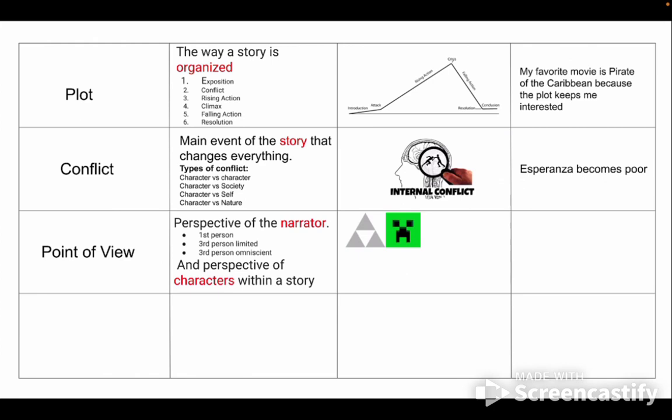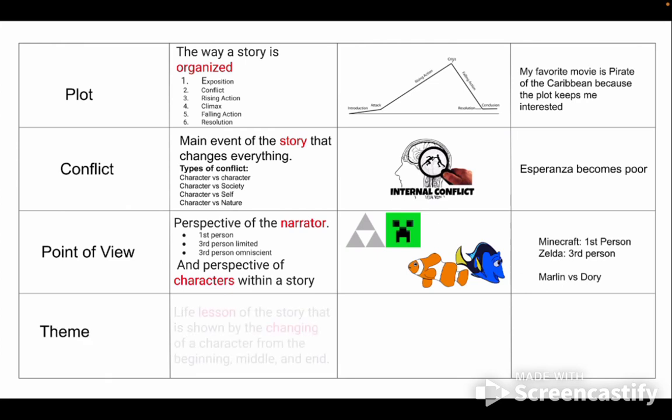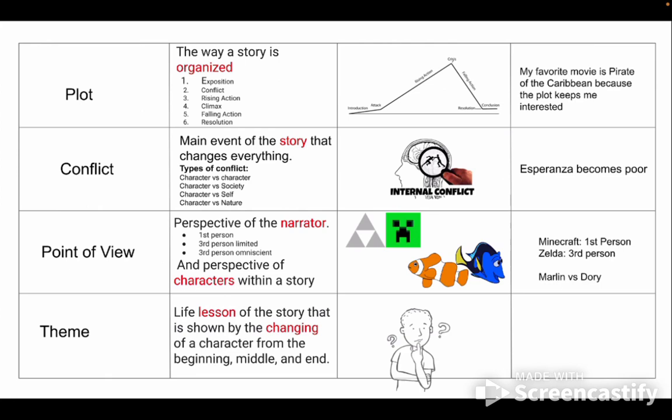And then the two different perspectives between characters would be like Marlin versus Dory, because those two characters have really different perspectives or thoughts or beliefs from each other. And so that's also what I wrote for my connection to help me remember point of view. Last, we have theme. This is the life lesson of the story that is shown by the changing of a character from the beginning, middle, and end. To help me remember that, I drew a picture of a student thinking, what am I supposed to learn here? And then the overall